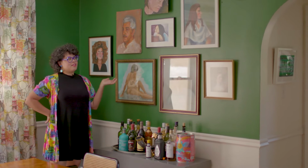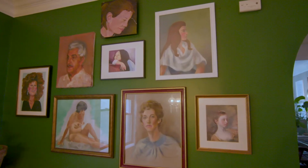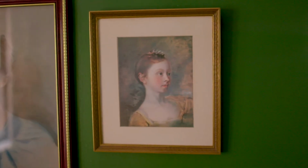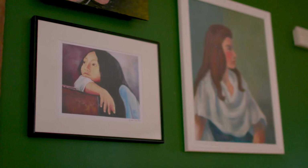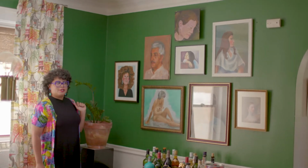This is probably one of my proudest achievements. It's something that was very cheap to do, but I love a gallery wall. And every single painting on this wall is from a thrift store. The Canadian-based artist Isabella Di Sclafani made this beautiful Whitney Houston painting for me that I added to my gallery